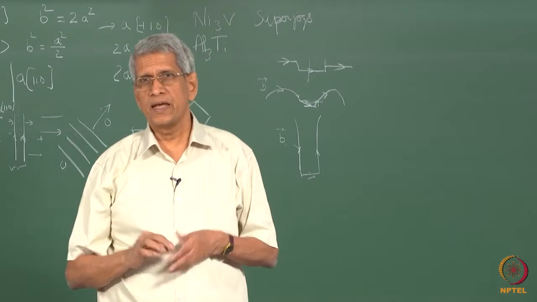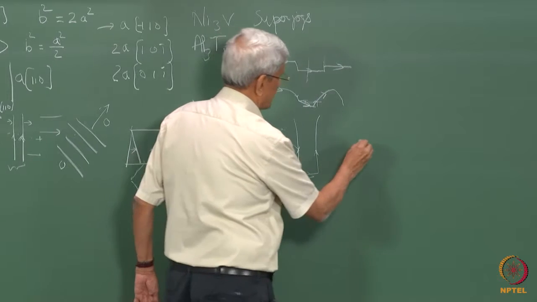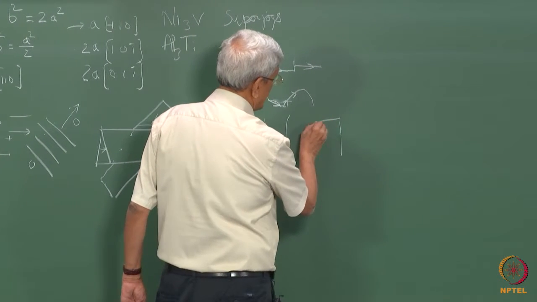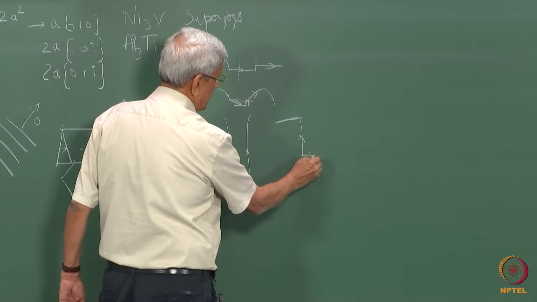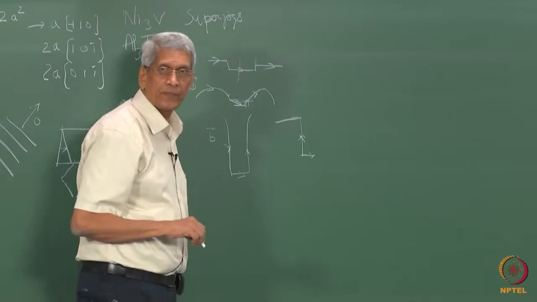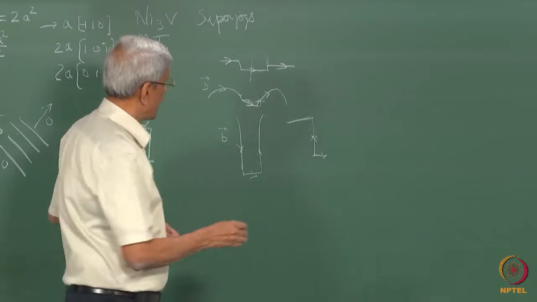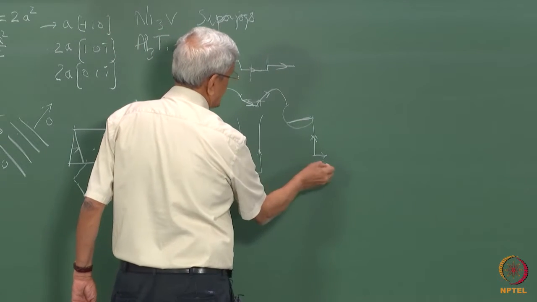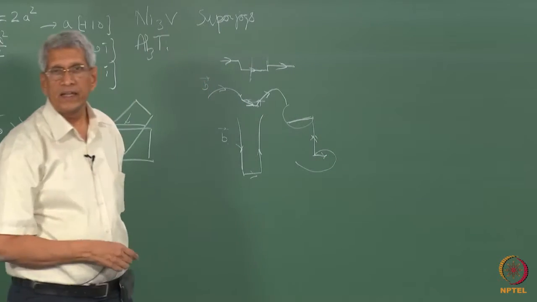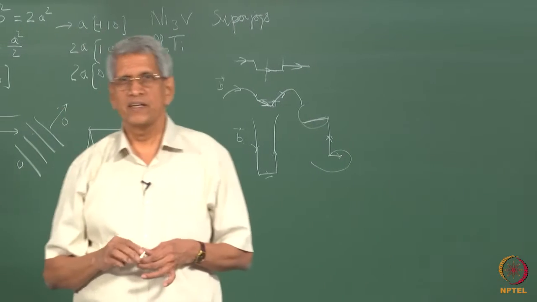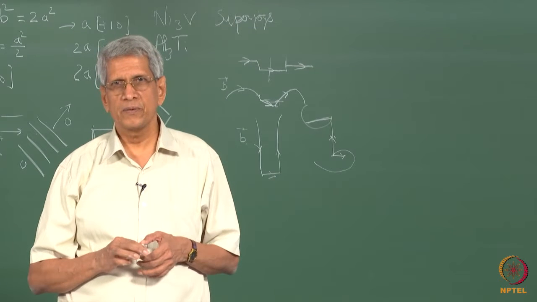This is one case. There is another case that can happen, where one region is like this, another region is like this, and the dislocations are there. These two are in the slip plane and this is out of the plane, very large. Depending upon the local stresses, in one of them the bending could take place in this direction, and another could bend in this direction, correct? There are all types of reactions which can occur in these dislocations. So there are various ways in which